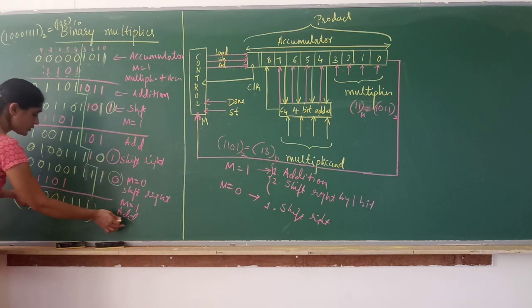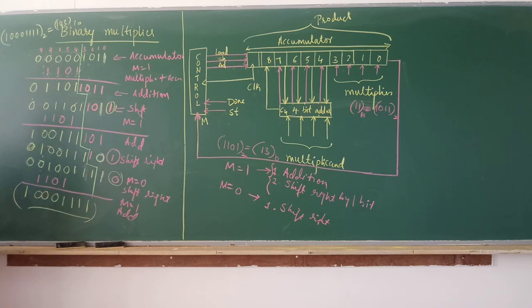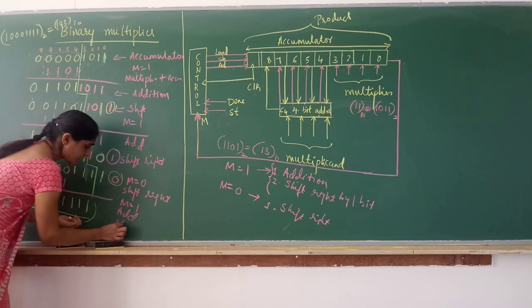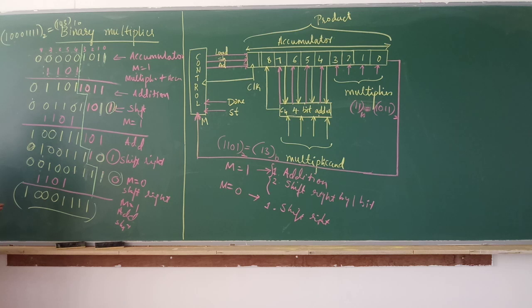Shift right. When m is equal to 0, just shift right. What is the answer we are going to get? If m is 1, add and shift, no? So if you shift it, what is the answer we are going to get? 0, 0, 1, 0, 0, 1, 1, 1, 1. Correct? Okay, one more, 0, 1, 1, 1, 1. So this is the answer, which is nothing but 143. The content of the accumulator is 9 bits, no? So if you just shift right, this is the answer you are going to get. Okay?